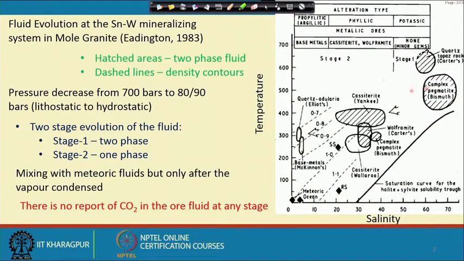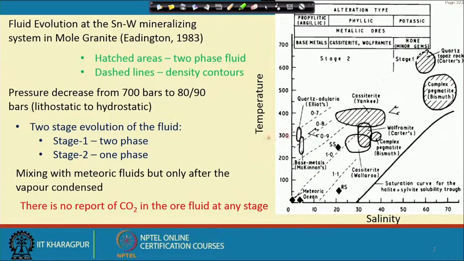So, that means the fluid in fact had a high salinity liquid plus a low saline vapor, as interpreted by the author. This existence of the vapor in the two phase condition of the fluid did not allow the extraneous fluid or the meteoric fluid to get into the system and dilute it. Only when the temperature substantially reduced and the vapor condensed was the condition more conducive for incursion of low salinity meteoric water to come and mix with the system.